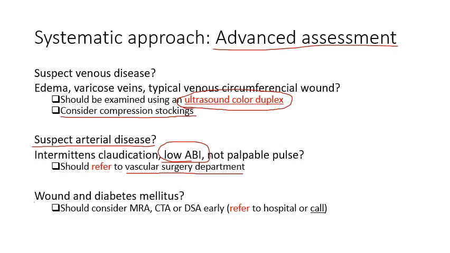If the patient has a wound and they have diabetes mellitus, we also almost always do an MR angiography, or we sometimes do what's called a direct or a digital subtraction angiography, where this is an invasive technique where we puncture the femoral artery